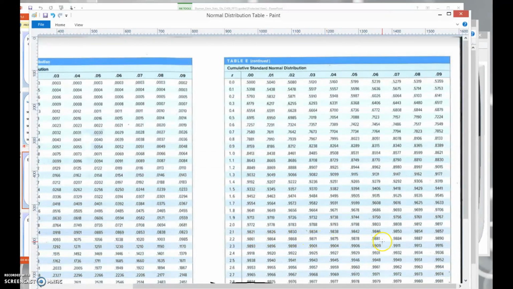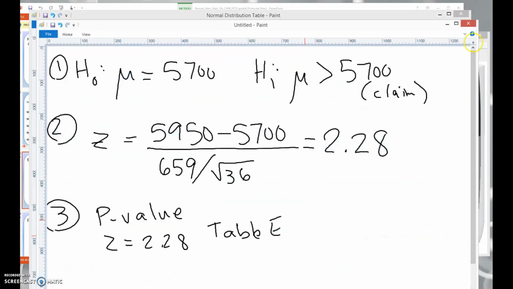I see 0.9887. This becomes our p-value because